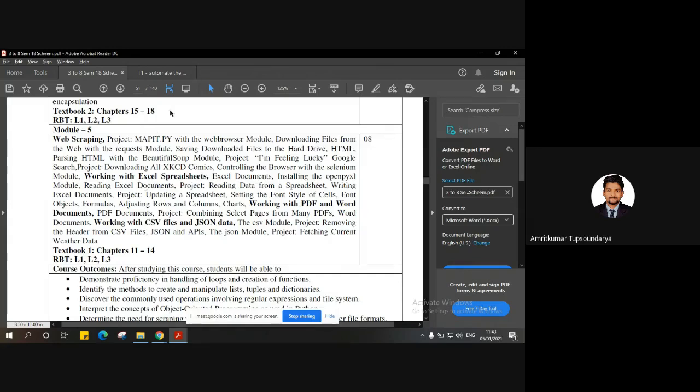For example, the I'm Feeling Lucky feature in the Google search engine: how does that work? How can I work with PDF documents using different modules available? Like I mentioned, how can I select particular pages from multiple PDFs and compile them into a single PDF? Can I have a program for that? There are a lot of real-time tasks which can be completed, and understood, if we know this particular module very well.